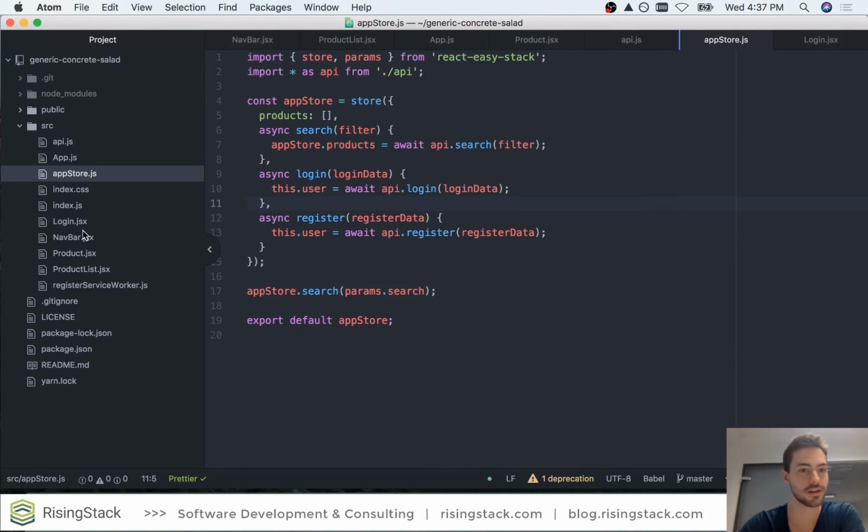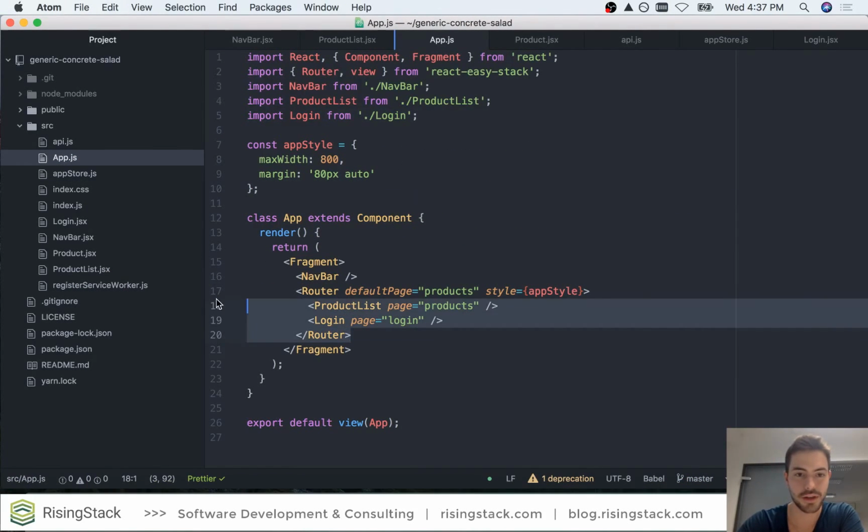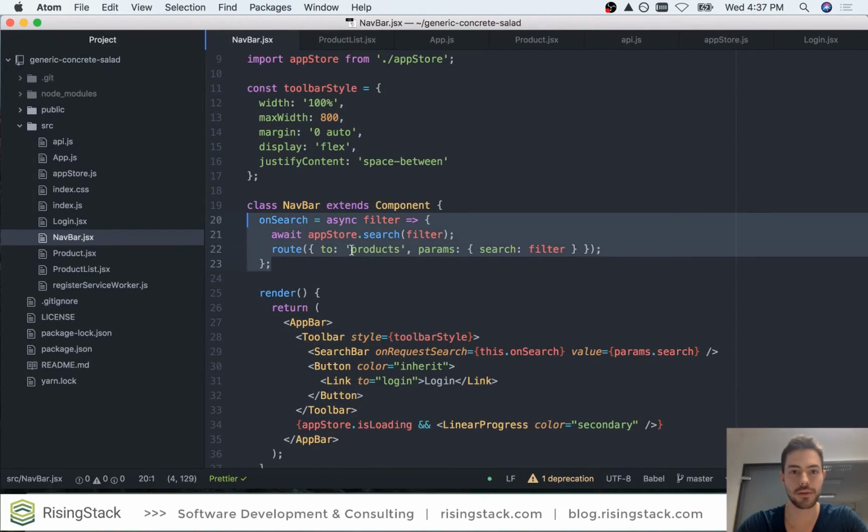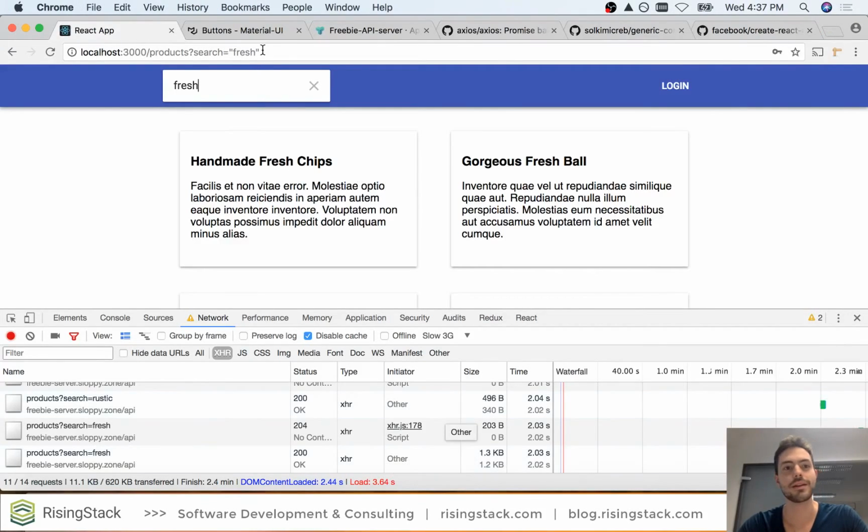So for this, we have to do a little refactor. Again, the routing is also handled by my React library, and right now it doesn't have any resolving. So if you check the navbar, if someone searches for something, it just awaits for the App Store search to finish. The App Store search is proxying to the API layer, it is searching for some data, and when the data is returned, it just routes to this endpoint. And there are several issues with this. The biggest issue is this search